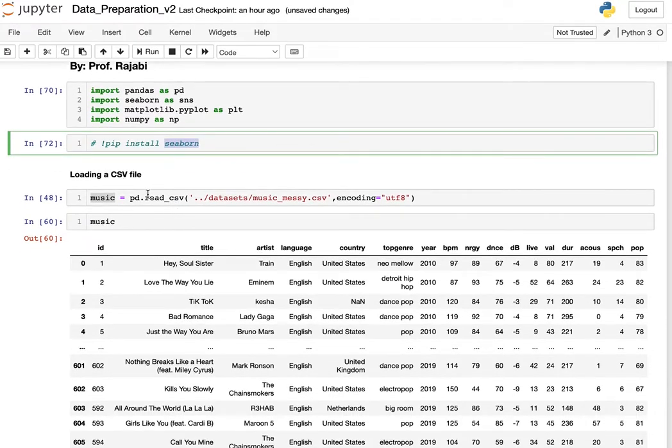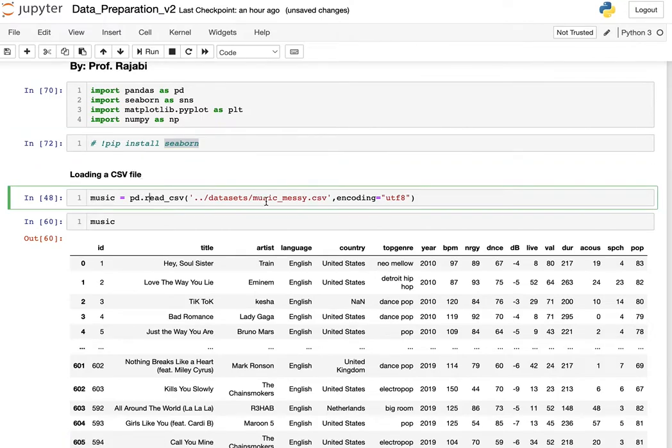Then we can load our dataset. Most of the datasets that we use in data science are in CSV files. For example, I have a dataset named music messy, and that's a CSV. It means that it is a kind of dataset which we want to clean, right? And this is the encoding of that dataset. Inside of that dataset there are some records. We use the standard format UTF-8 to read the data from the dataset,